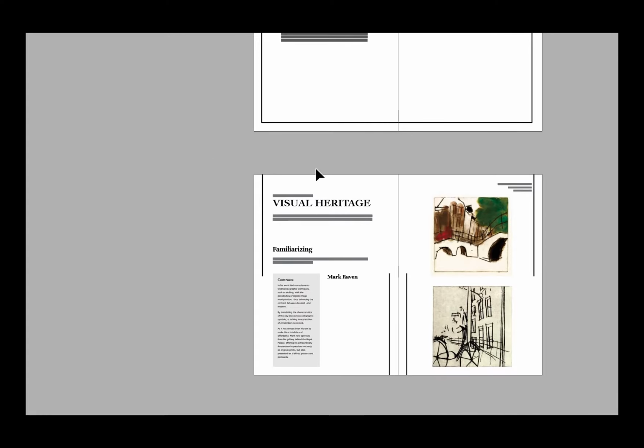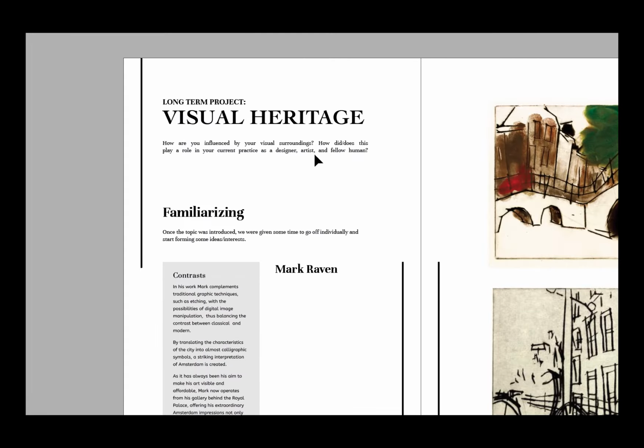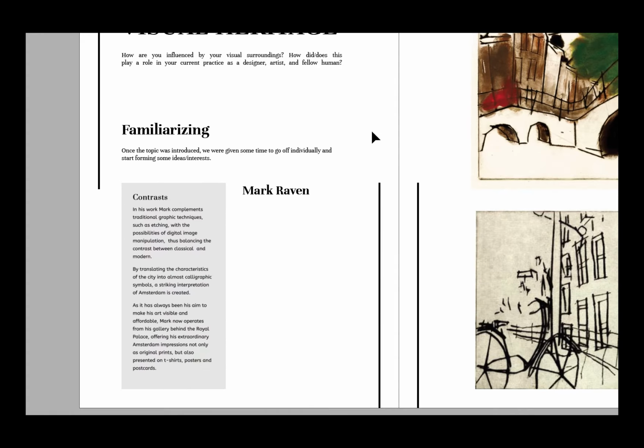So for this video, I decided to talk about a project we're doing in one of my classes, Art, Design, and Identity. The exercise is called Visual Heritage, which is all about how we are potentially influenced by our visual surroundings, and how this can play a role in our current practice as a designer or artist, and even zooming out more as a fellow human, and how these interpretations and surroundings